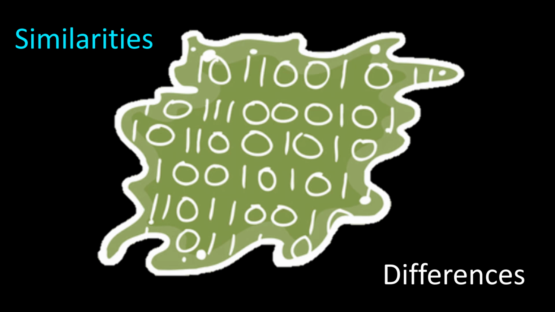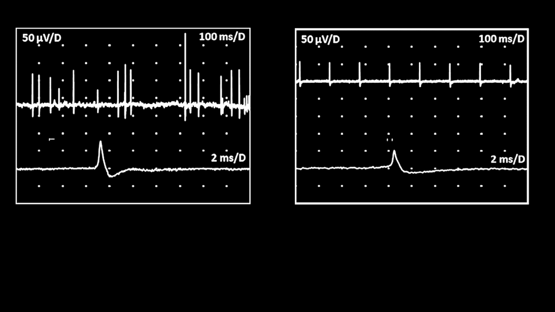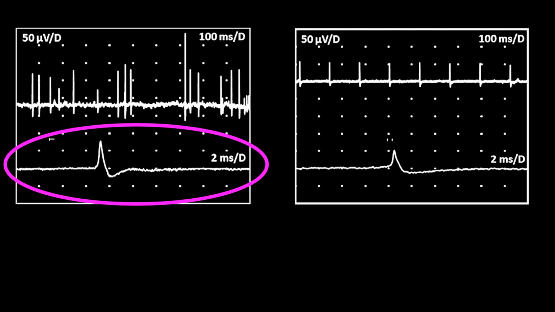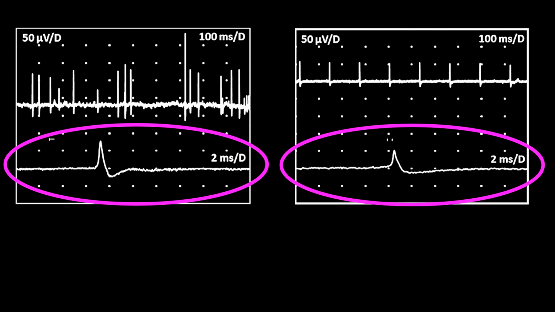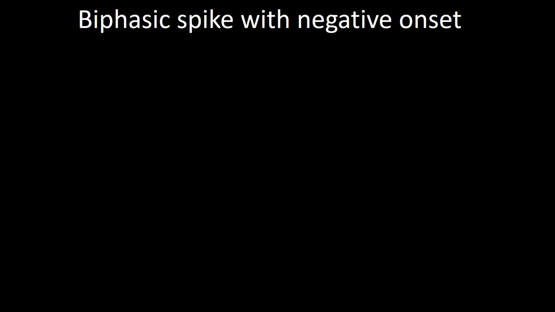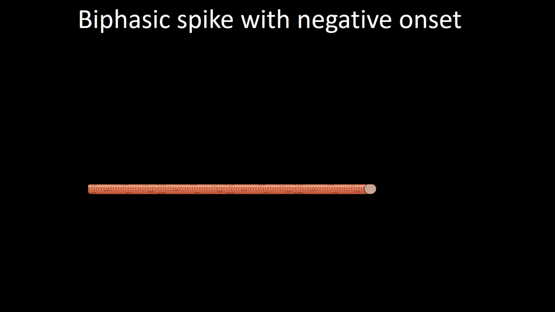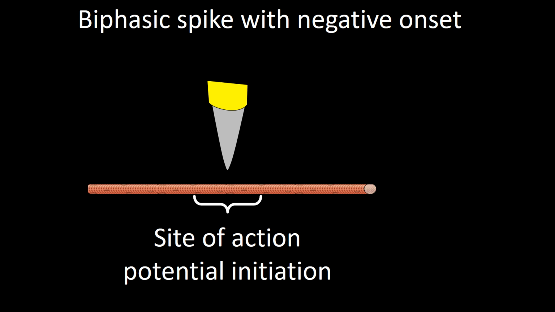So let's first look at similarities in the figures presented in this question. The lower tracing of the first panel and the lower tracing of the second panel are rather similar. Each is characterized by a biphasic spike configuration with a negative onset, each being the expression of a muscle fiber action potential and each being recorded by an electrode close to the muscle fiber, right above the site of the action